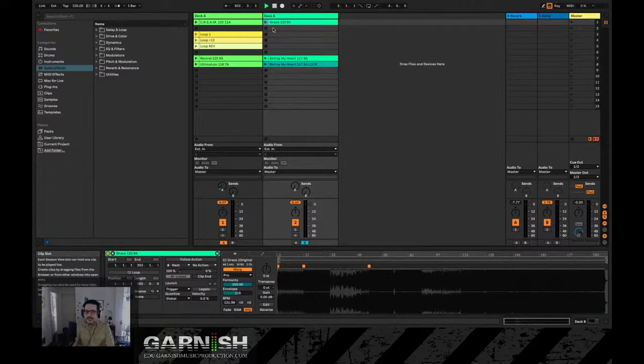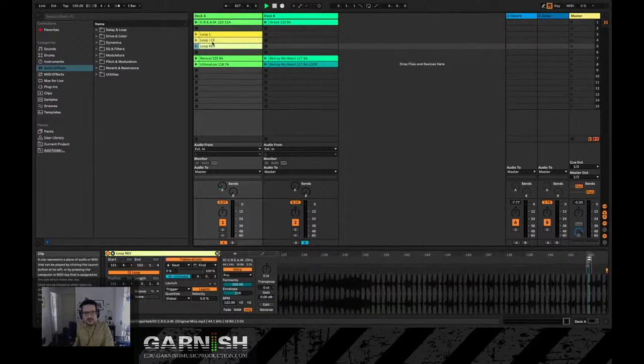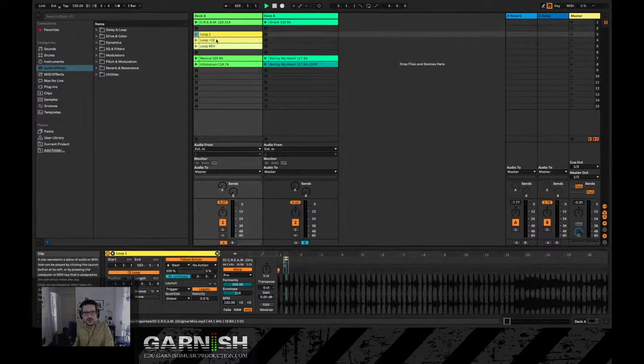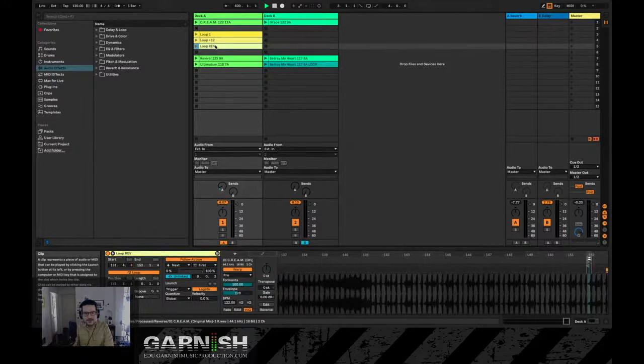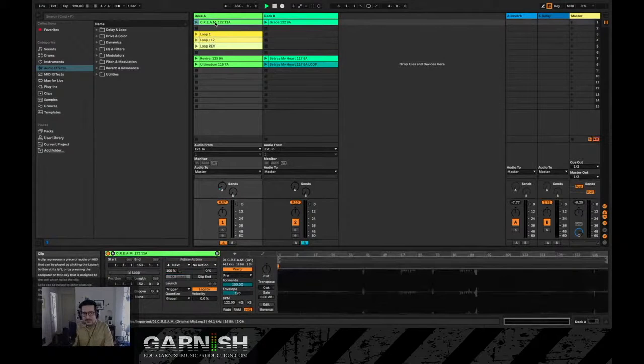Okay, but one thing that I did with this set that's a little bit different is if you look here on deck A, I have these three loops. I renamed them loop 1, loop plus 12, and loop rev. And these three loops are actually, I customized these because they're actually just shorter durations of the original song called